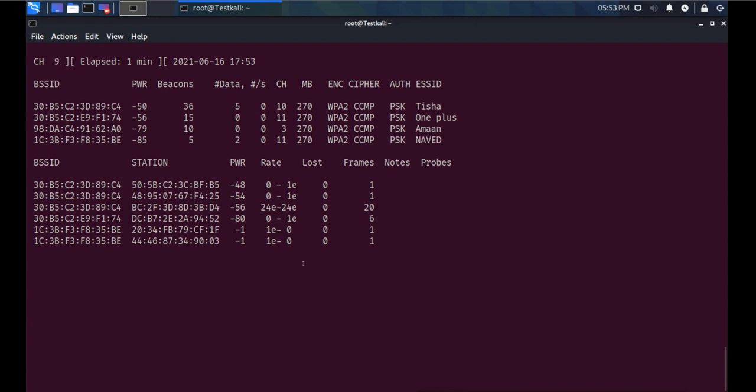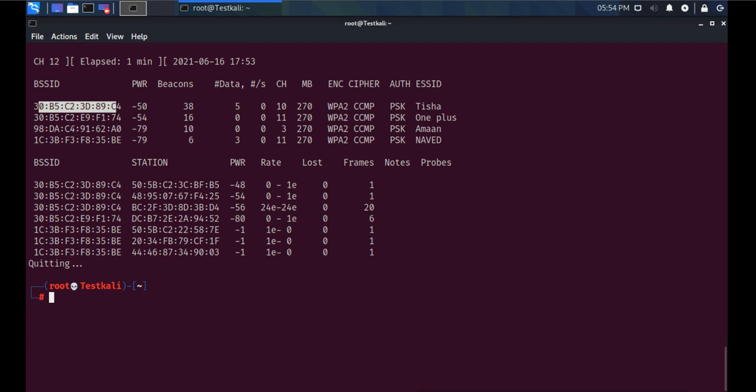I will stop it first, Control C. This is the SSID of the AP. It shows what authentication method it is using, PSK, pre-shared key with WPA2, what channel it is working on, and the BSSID of those access points. On this side you can see the host which is connected to that AP.